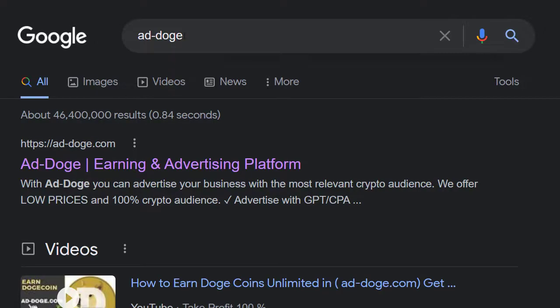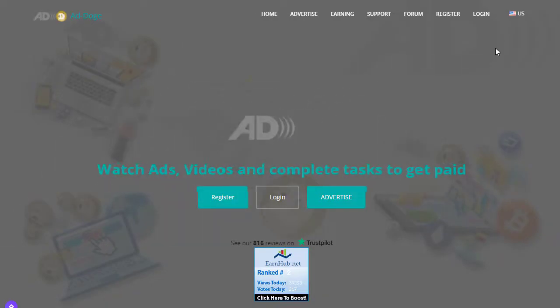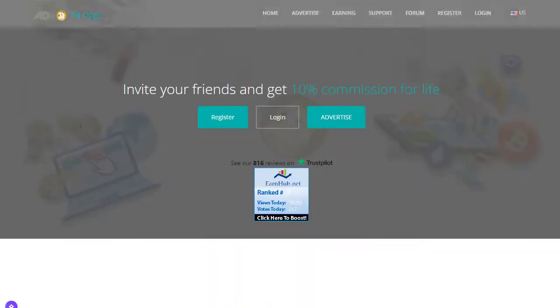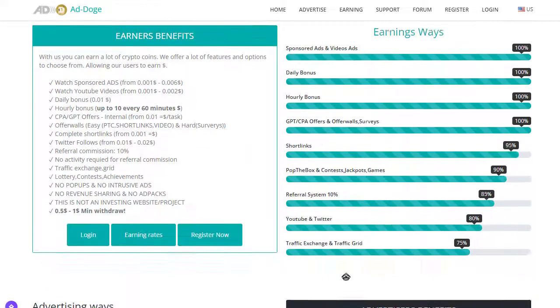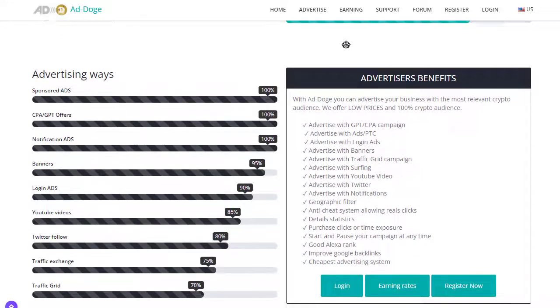And this is another website, at dodge at dash doge.com. You can see the first link in Google. You can simply click on that and you will be taken to this page right here. As you can see, there is a lot of good advertising with this website. It's basically a small micro task website where you can also perform tasks and earn money, and then